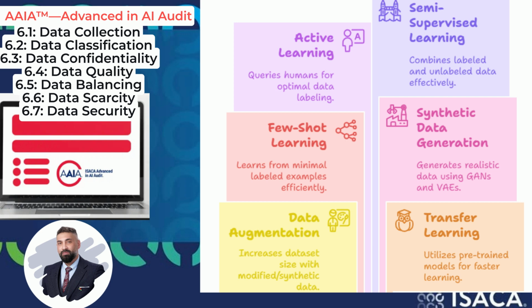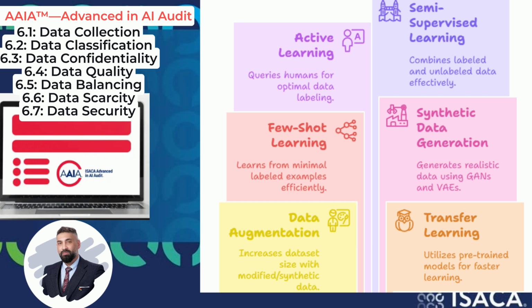Few-shot, one-shot, and zero-shot learning. These are advanced machine learning approaches designed to enable models to learn from very few, just one or even no labeled examples of a particular class, often by leveraging knowledge about other classes or auxiliary information. Synthetic data generation, using techniques like generative adversarial networks, GANs, or variational autoencoders, VAEs, to create entirely new artificial data samples that resemble the original data distribution. This is increasingly being explored, and research from bodies like NIST often touches on the validation of such synthetic data.